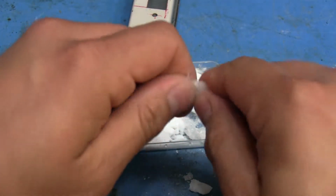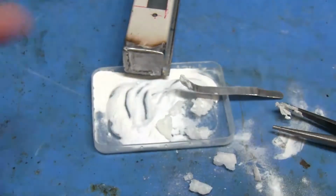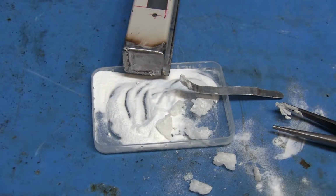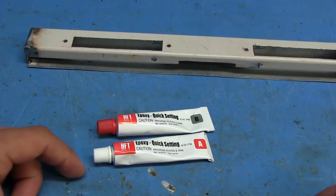The thicker parts hold up pretty well, but it's alright, I guess. It's not going to work for this, but I'll have to think of something else. Okay, so since the super glue and baking soda experiment was kind of a disaster and didn't work out as well as I wanted it to, I ended up using this two-part epoxy stuff